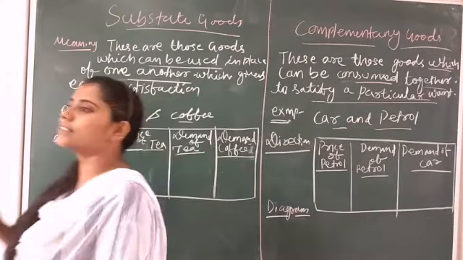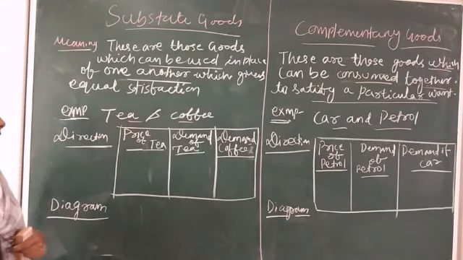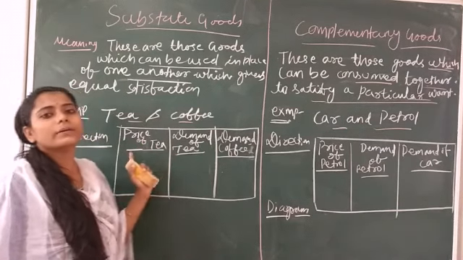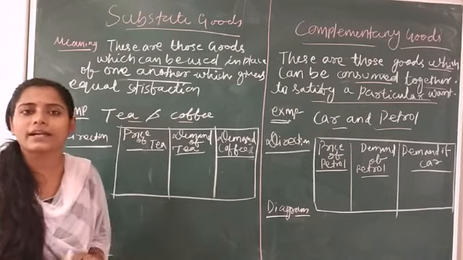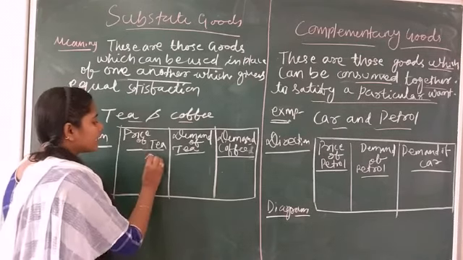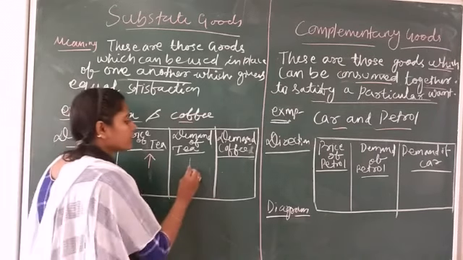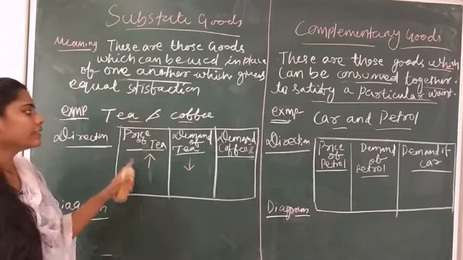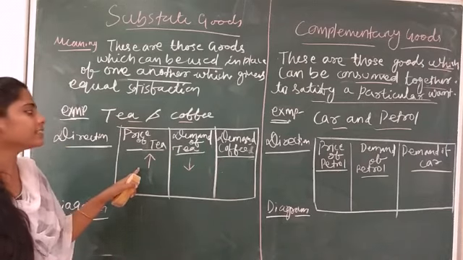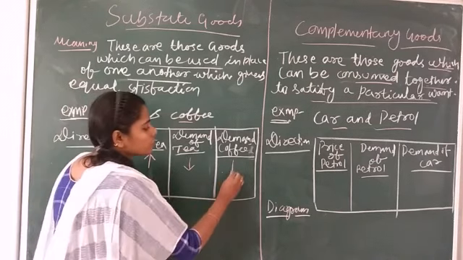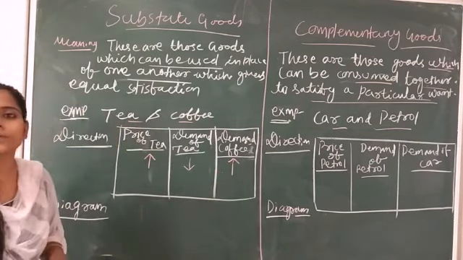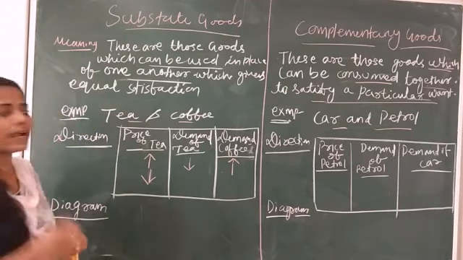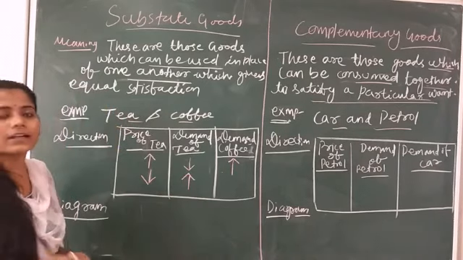If we discuss some directions related to substitute goods, here I take the price of tea and demand of tea, and we compare the substitute good of tea, that is the demand of coffee. So if the price of tea increases, then the demand of tea will decrease, that we know already. But as we compare to the demand of coffee, if the price of tea increases, then people will switch to coffee. So here the demand of coffee will increase. Like that, if the price of tea decreases, then demand of coffee will decrease.